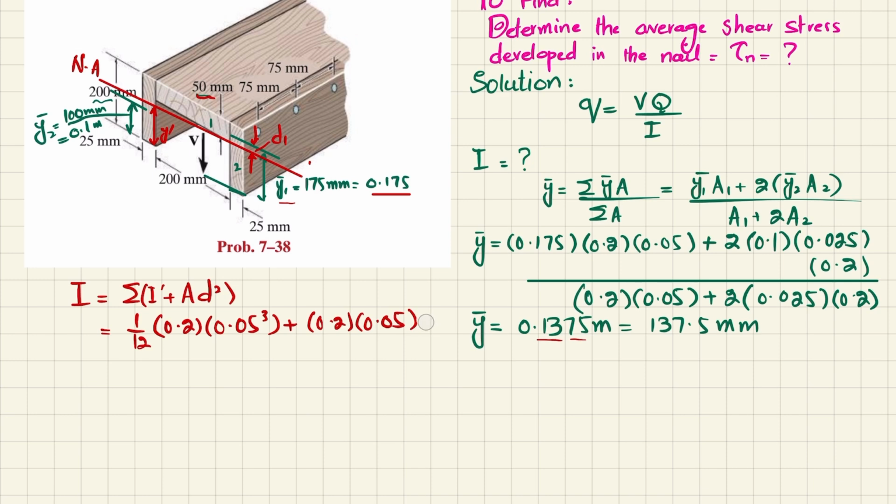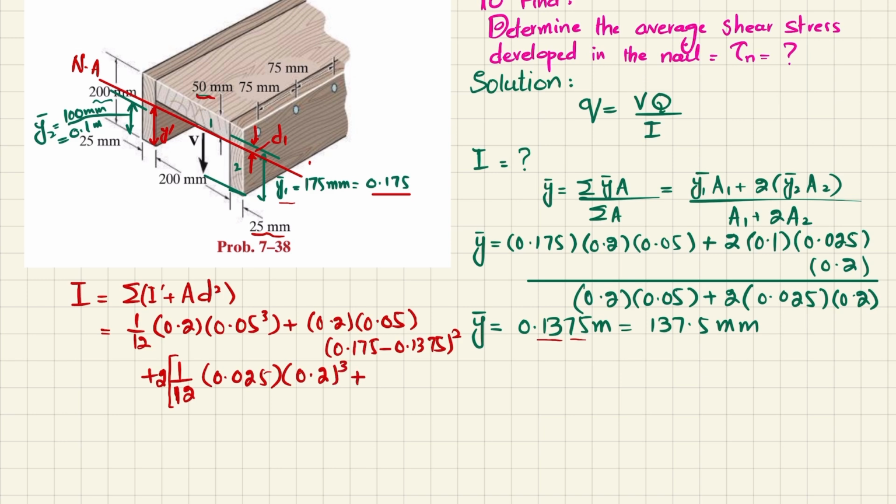So I will write it down, multiply by 0.175 minus 0.1375 whole square, plus we will find the moment of inertia for the second part or second member. So 1 over 12, 2 times, because we have two members, so 2 times the moment of inertia of 1 over 12 b h cube. B is 0.025, this one, and height is 200 millimeter, which is 0.2, whole cube,